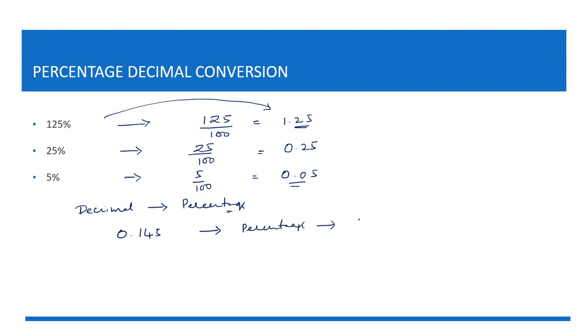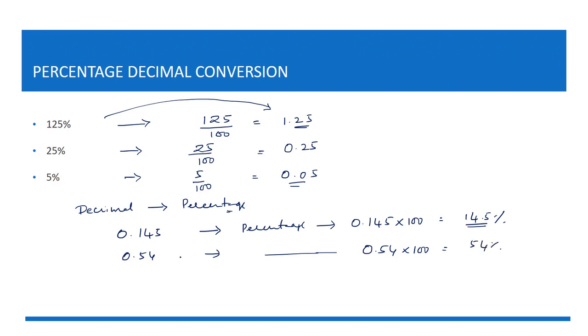How are you going to convert? That is 0.145 multiplied by 100. You are going to get 14.5%. So take one more example. Suppose it is 0.54, and you want to convert it into a percentage. That is 0.54 into 100, which is going to be